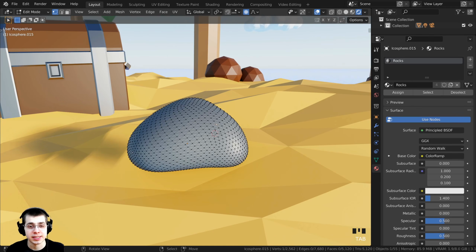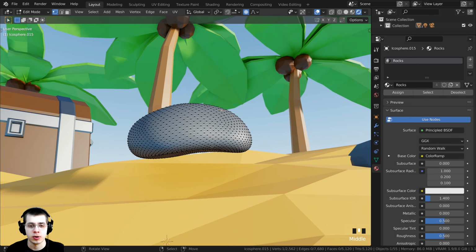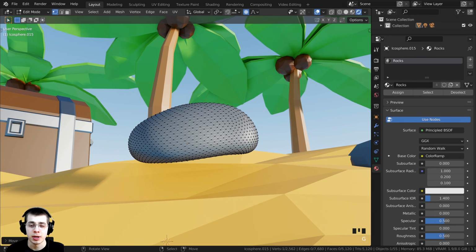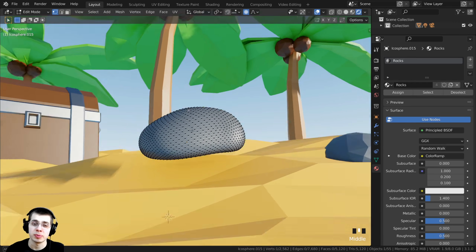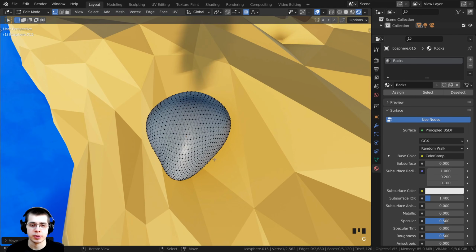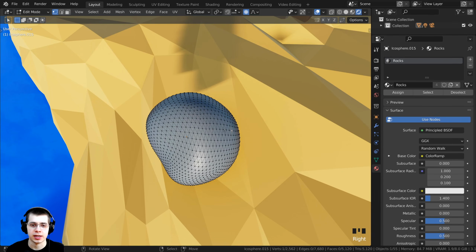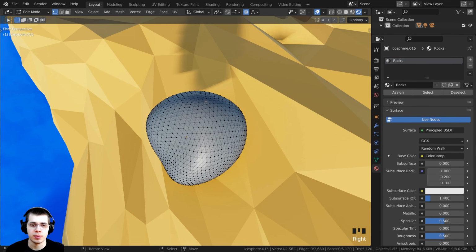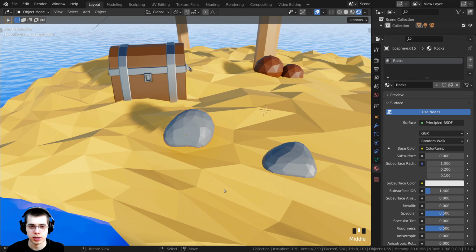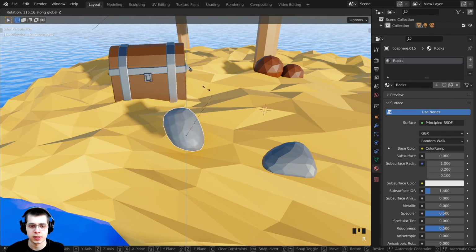So I'm going to press the tab key, and that's going to go into the edit mode, and then I can just kind of select parts of these rocks and press G to grab, and I want to make this rock look a little bit different because I don't want it to look exactly the same. I do want each rock to be a little bit different, so I'm just going to select some vertices and press G to grab and just kind of make this rock look a little bit different. All right, just like that, and then I can also press R to rotate it on the Z axis and